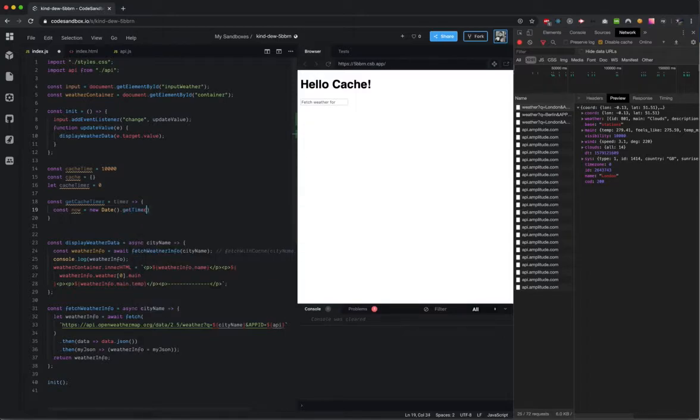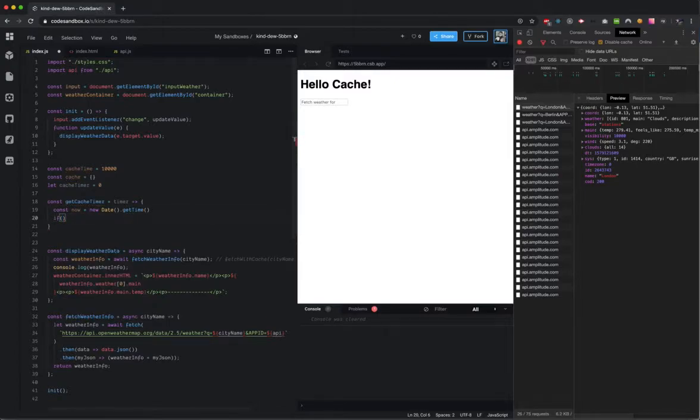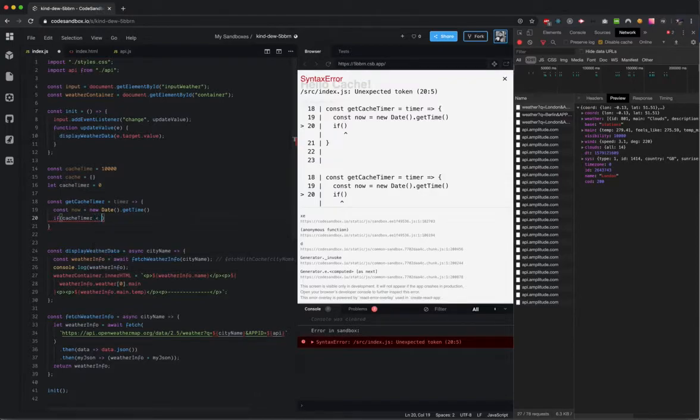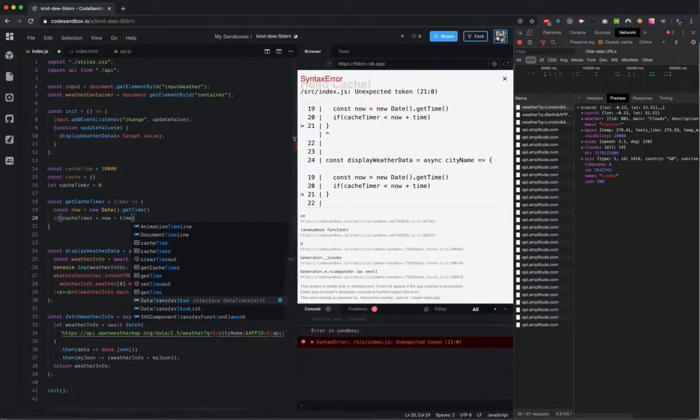This is only a new Date object, and then we get the timestamp from the current creation of the object. So as I mentioned before, if cache timer is lower than now plus the time that we are passing,